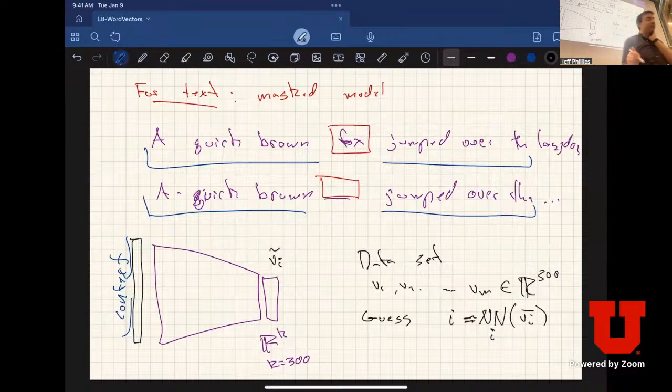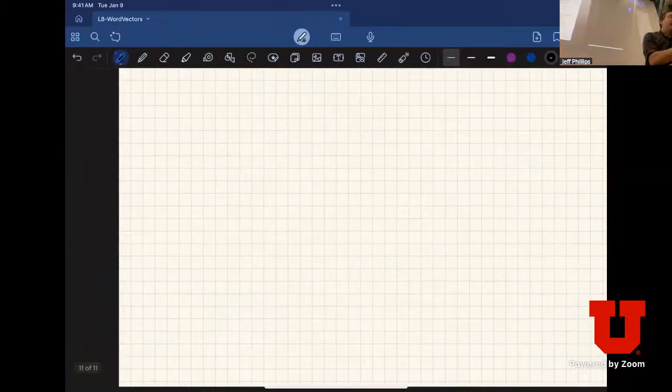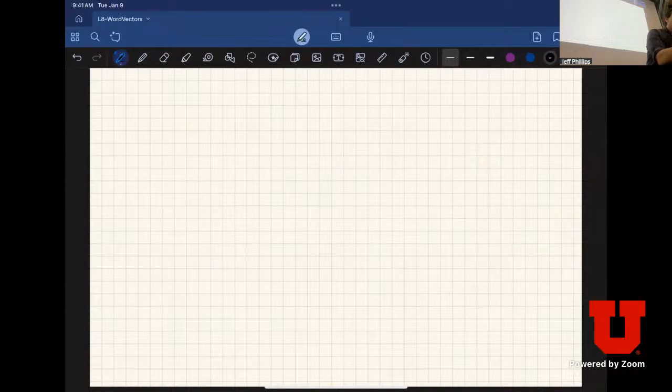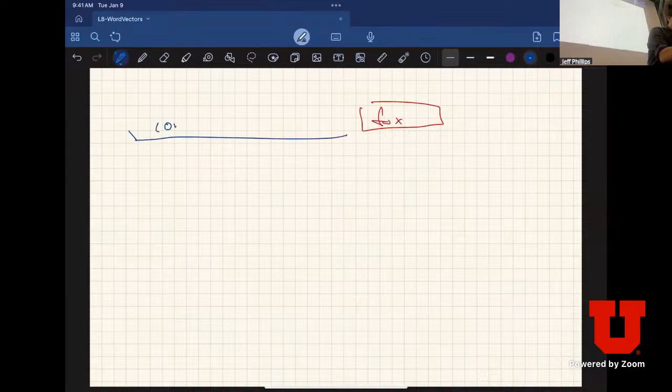Okay, and so this is basically what the GloVe model did. The BERT model, I think, unless I'm getting them mixed up a little bit, looked only at the context window, if I have a context window, that came only before the word fox, okay? So what this allowed me to do is next word prediction,